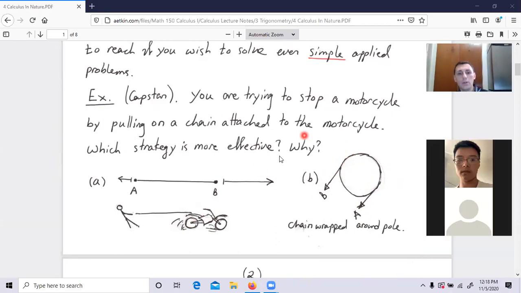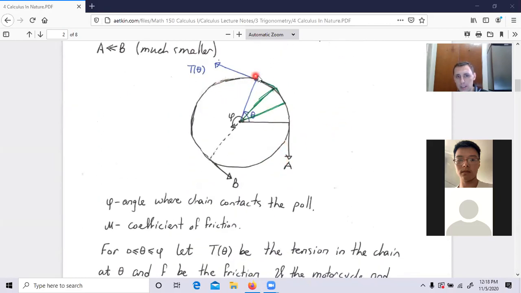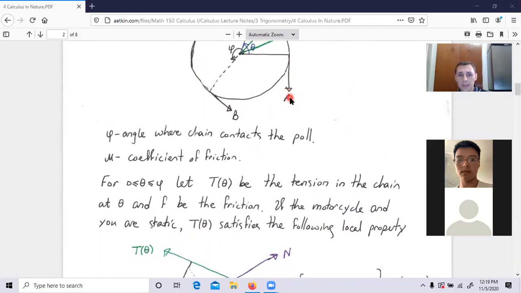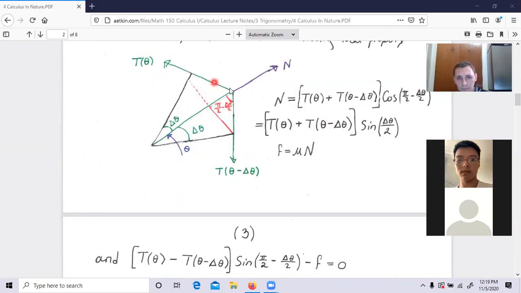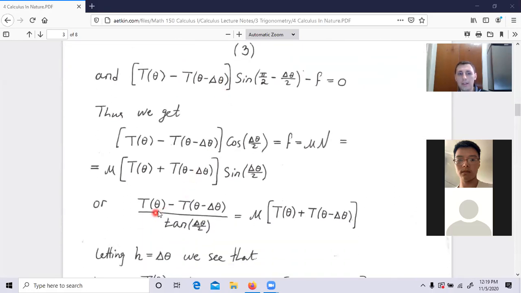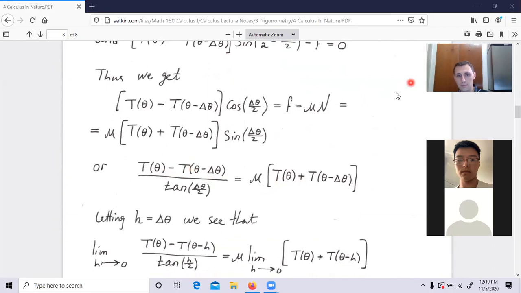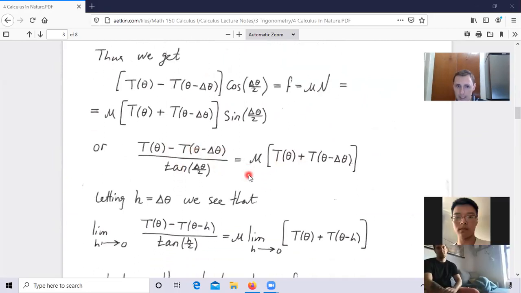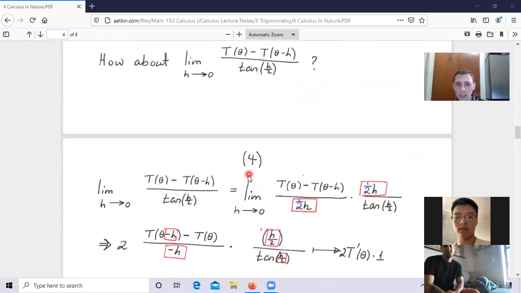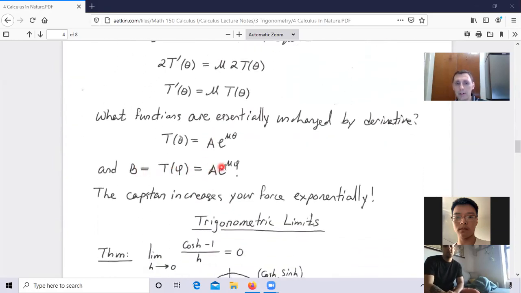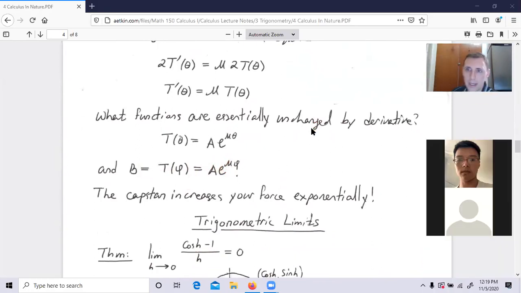And then I go through calculus ideas. So here is that tree trunk, or this post, and then I break the segments into... I imagine that it's made out of many line segments, and then I examine the physics on each piece, and I come up with a formula that looks like this. You see? And then I recognize that this is the derivative, more or less. And by working it through, I come up eventually with this expression, which means that if you angle the chain